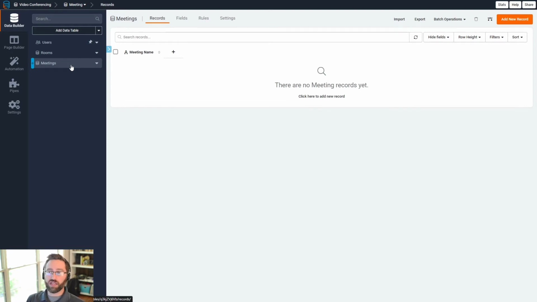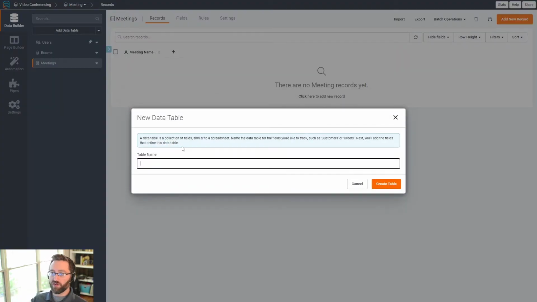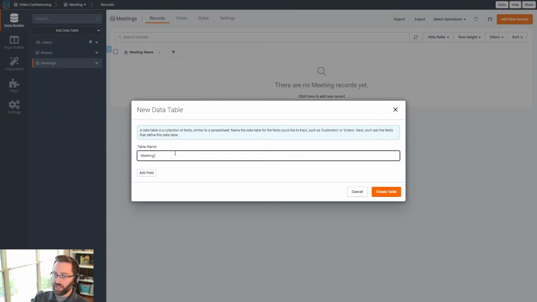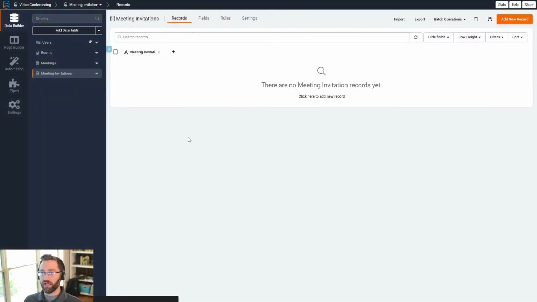And then you can also assign a specific time and date. Okay, and then from that we can create child records for that meeting for invitations. So who are you inviting? What members of your organization are going to be joining this meeting? And you can keep track of those records in a third table. Okay, so we have rooms, meetings, meeting invitations. All right, now let's go back to